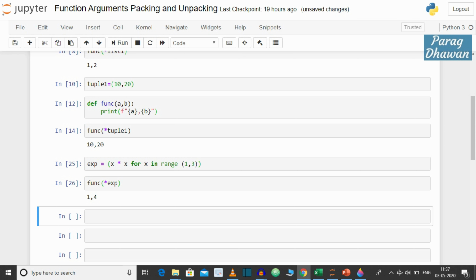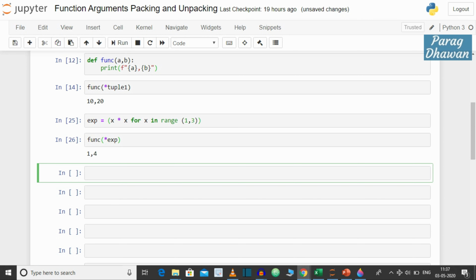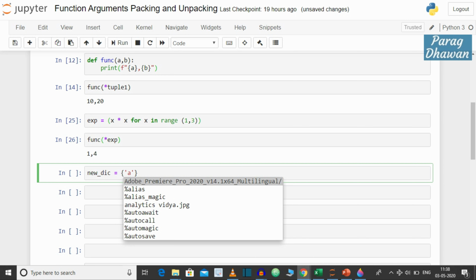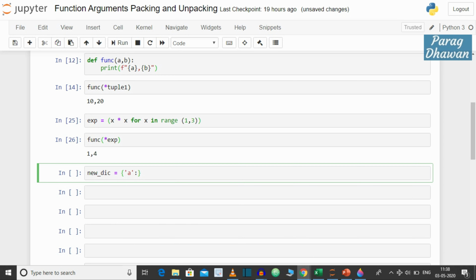Now we'll see the example of the double star operator for unpacking. We create a new dictionary, new_dictionary. In this dictionary, we will create key-value pairs. The syntax is opening and closing curly braces. First is key A, colon, value 1.